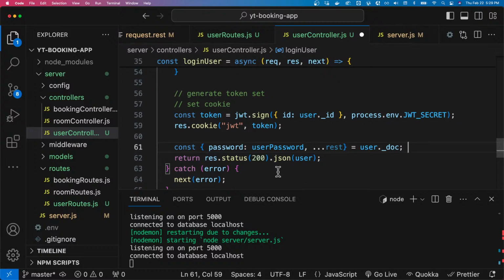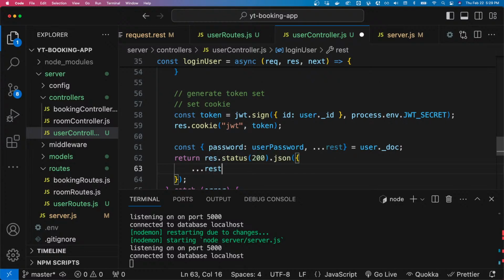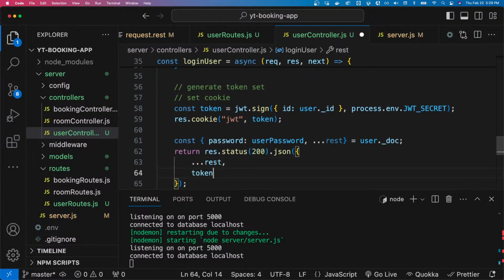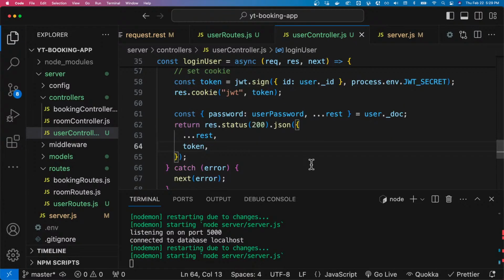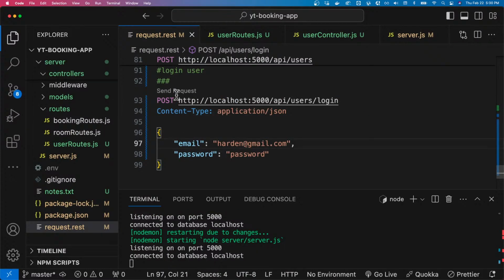Cool. So what I'd want to send is what's in the rest, and then I want to send off the token. I just want to send back the token to see what we will get, but then I'll take this one off after. So let's go back to the rest file, send off our request again,